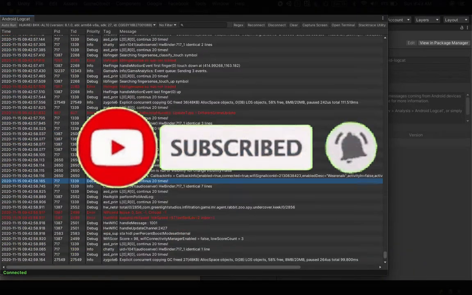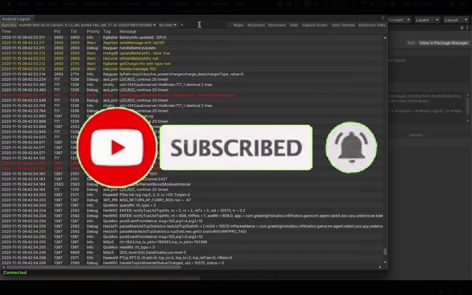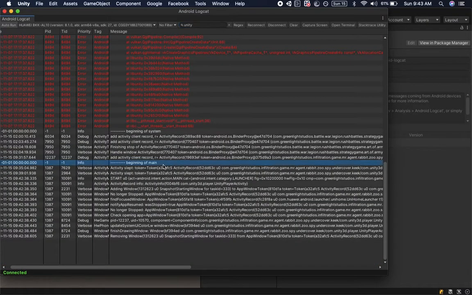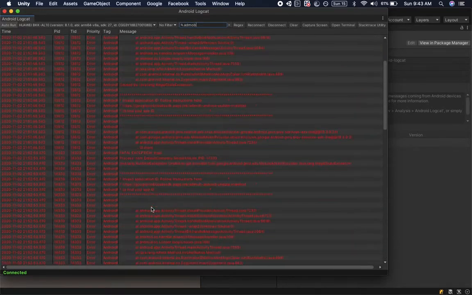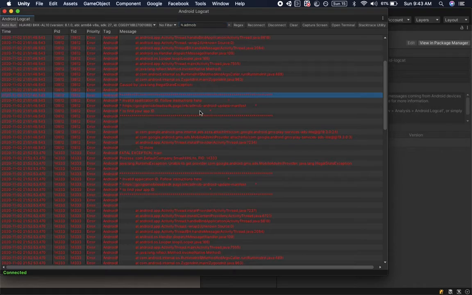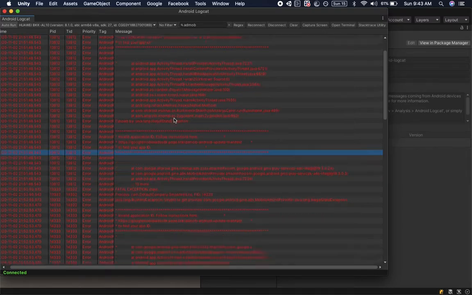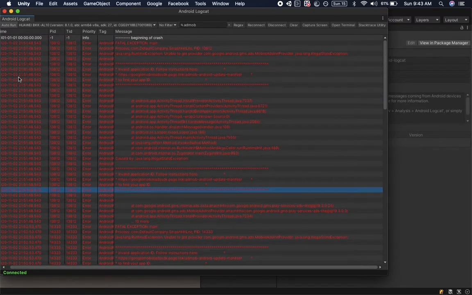Now if we search here, suppose you can search for Unity specific Logcats, or you can debug anything like AdMob. So if you see here, it's saying that application ID is wrong, so ads won't work in my game. And you can see the deadline.